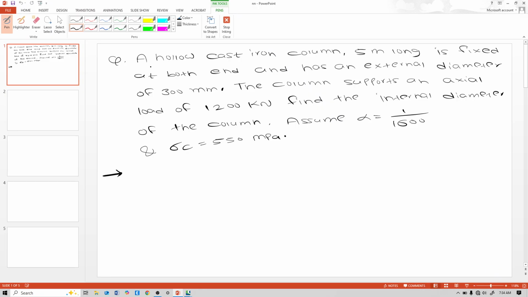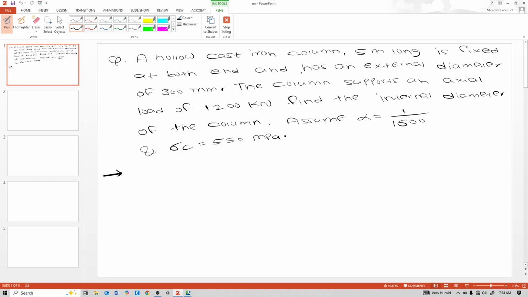This is the second numerical on Rankine-Gordon's formula. First read this numerical and understand it. A hollow cast iron column 5 meter long is fixed at both ends. The material of that column is hollow cast iron, it is a 5 meter long column, and the boundary conditions are both